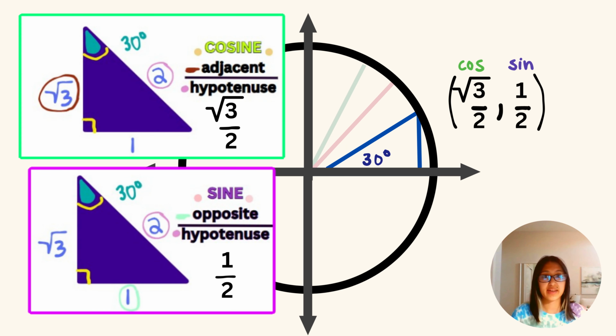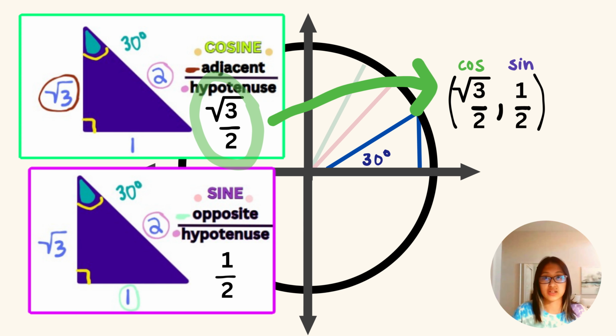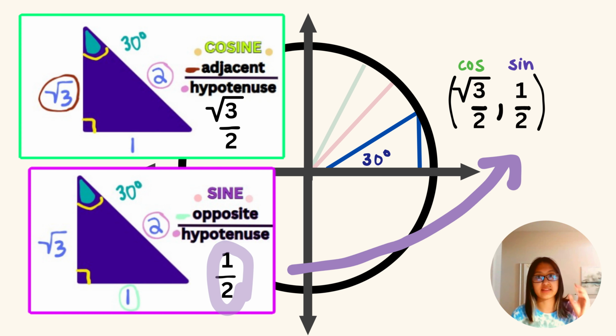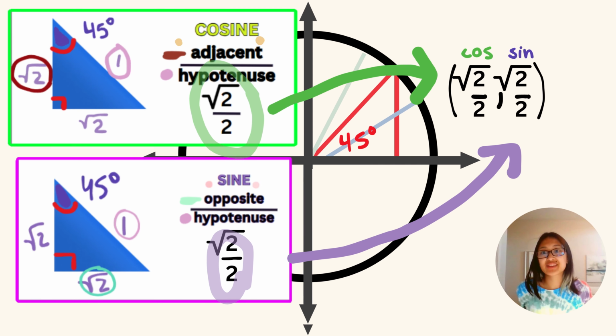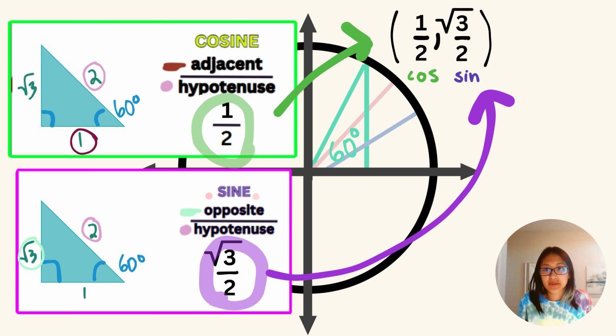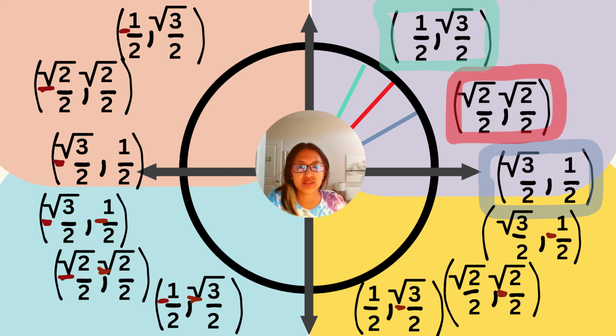So let's say that we had a positive 30-degree angle in the unit circle that came up from the x-axis. We would see that this would have a coordinate of root 3 over 2, 1/2 on the unit circle. Again, this is because the cosine values are x values and the sine values are y values. And you can see that this is consistent with the other special right triangles as well. Here are some of the coordinates that I went over, and you can see how it repeats throughout this circle.